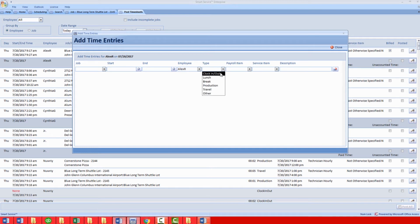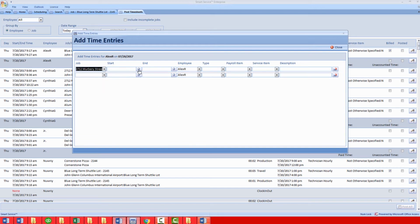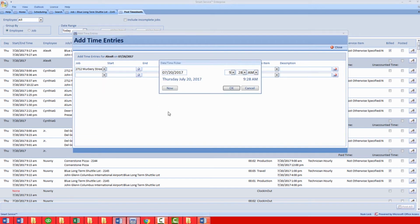This would include things like clock in and clock out values, lunches, breaks, and of course your standard travel, production, and other times. But I could come in here and say, well, he didn't add a travel time to that job, it looks like, so maybe I want to add one for the service. Easy enough. What were his times? We have a new date picker available here. It'll come up with the current time, and of course you can just type in whatever you need. So I could say he started maybe at